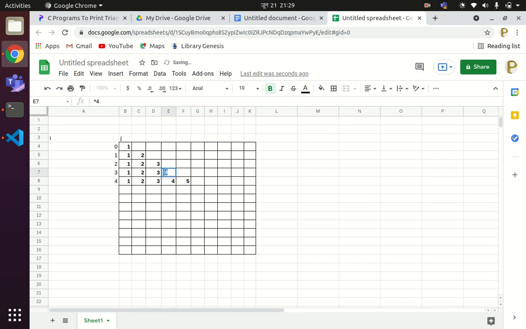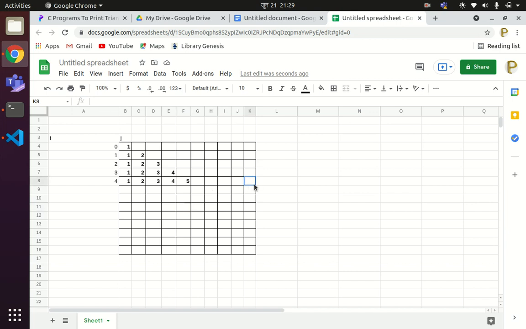So if the outer loop number is 1, then your inner loop should run how many times? 1 time. If your outer loop number is 2, then the inner loop should run 2 times. If it is the third row, the inner loop should run 3 times. Again you can see the relation between the inner loop and outer loop. In this case also your inner loop is controlled by the outer loop variable. So we'll be using the same concept that we used earlier to solve this pyramid problem as well. 1 2 3 4, 1 2 3 4 5.